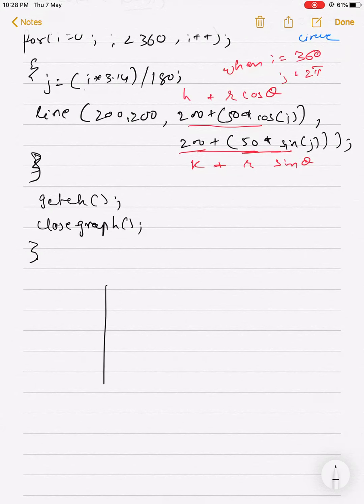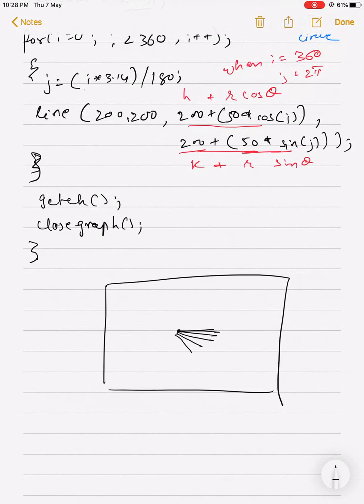You will see an output like this. These lines will be so close that you will see an entirely complete filled circle.